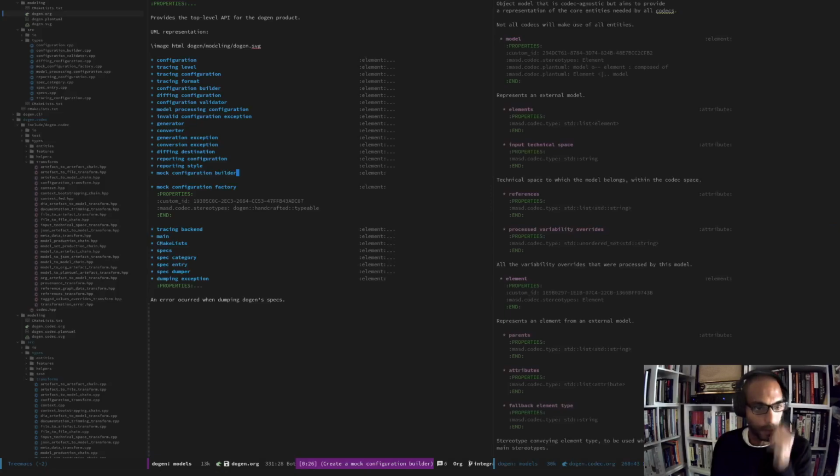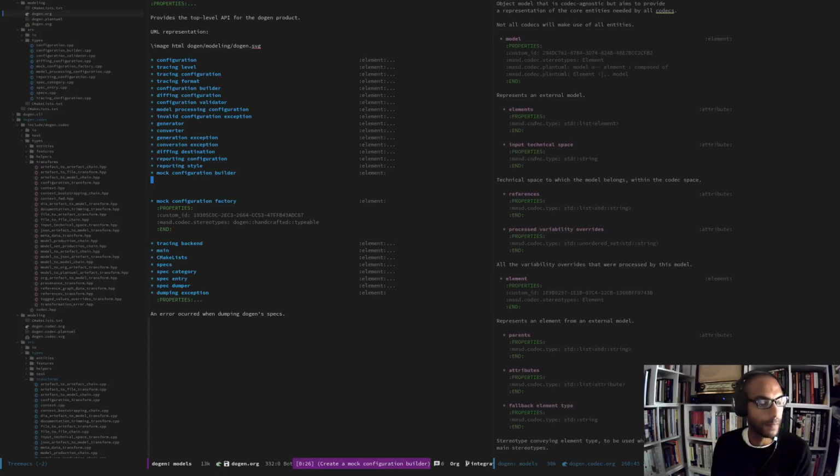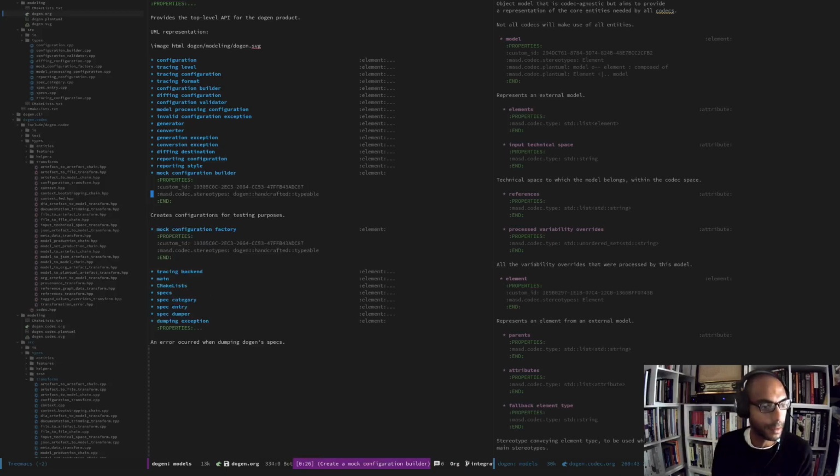It's going to be an element as well. And we could say create configurations for testing purposes. Now, I'm going to be a bit lazy here and just copy and paste, I think. We just need to replace